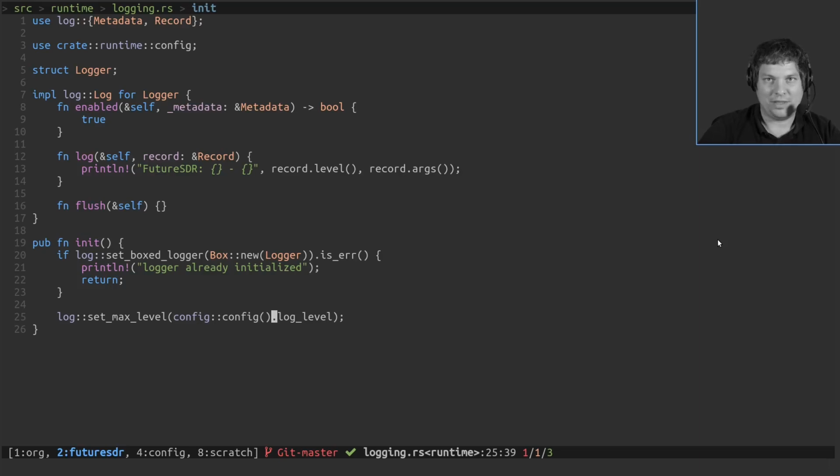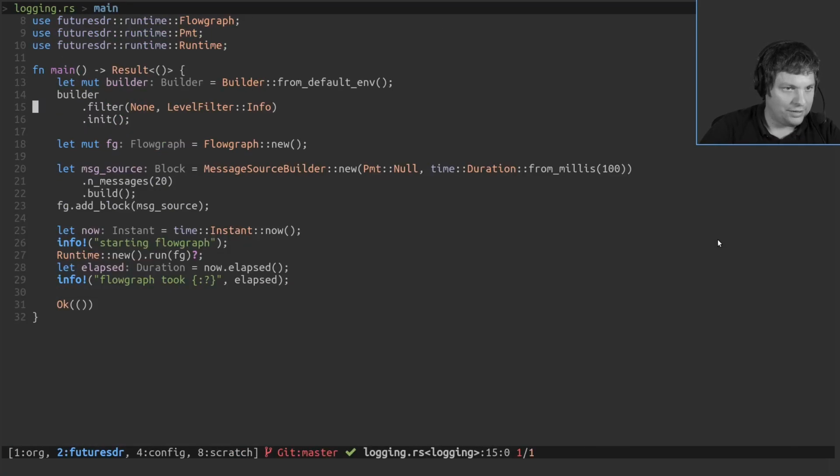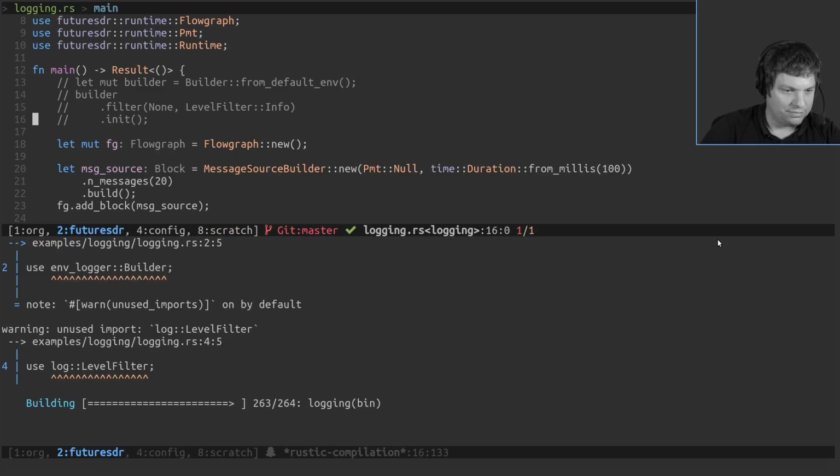But maybe your application wants to do some more fancy stuff, and we have an example for this also included, example logging, and there's a simple flow graph. Let's just run it like this without the custom logger.